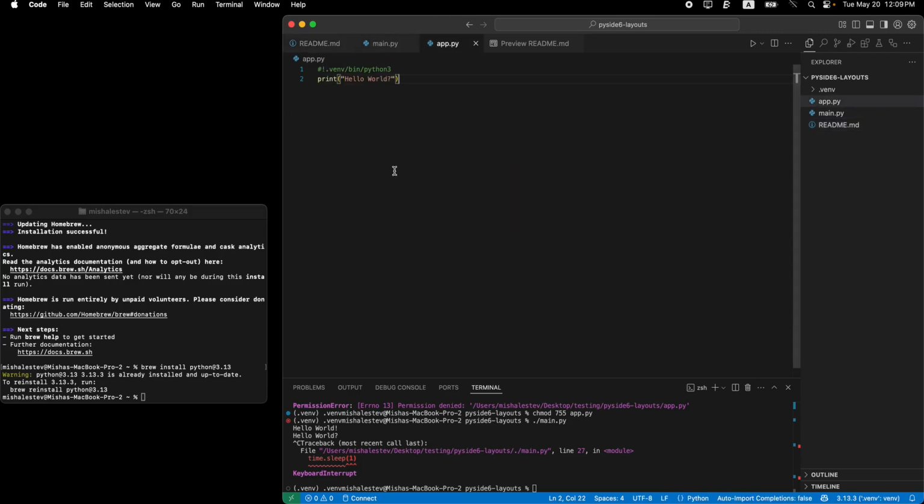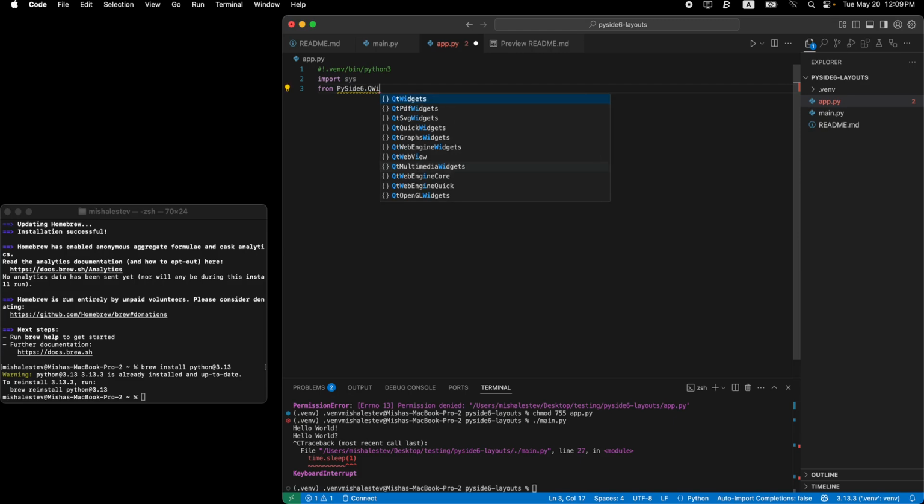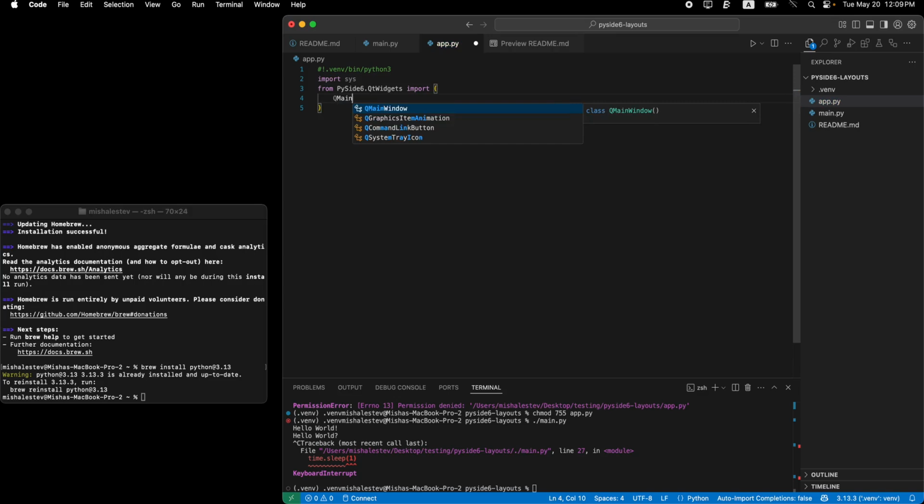Let's go to app.py. Let's remove this, and first of all, let's import sys. The next thing, from PySide6.QtWidgets import, parentheses, and I want to import QMainWindow first. We will gradually import every module. As long as we don't need it, we don't import it. So let's create a